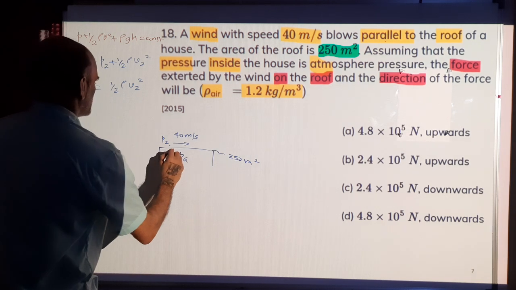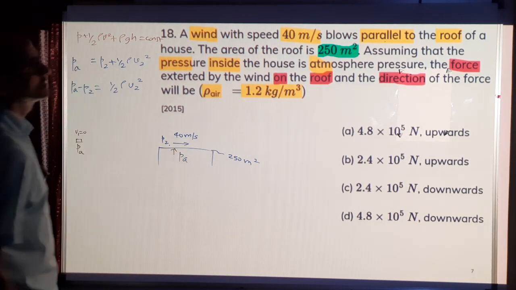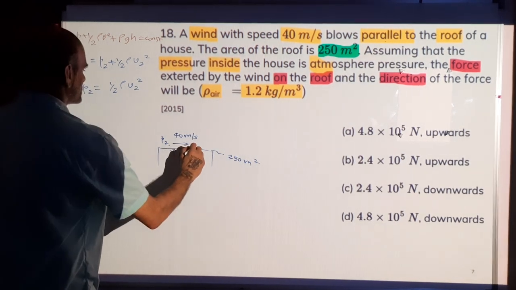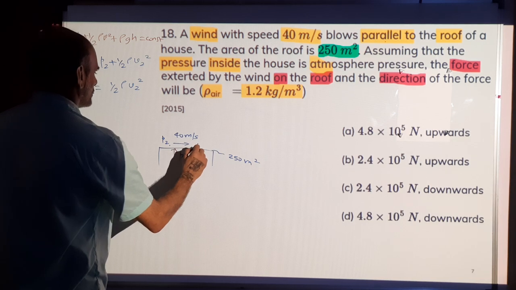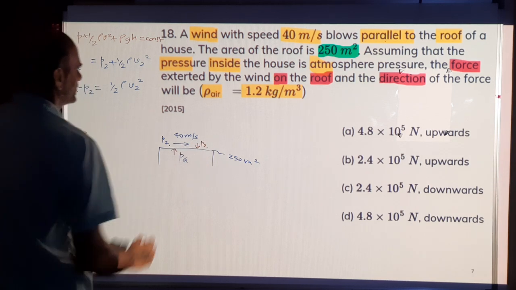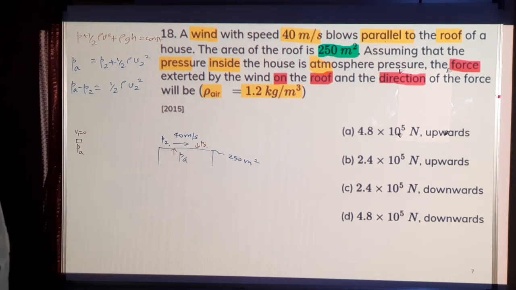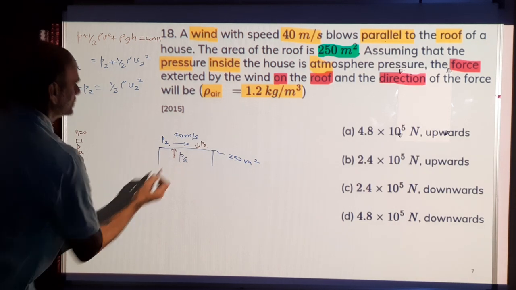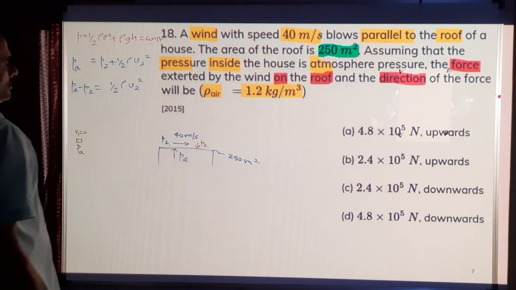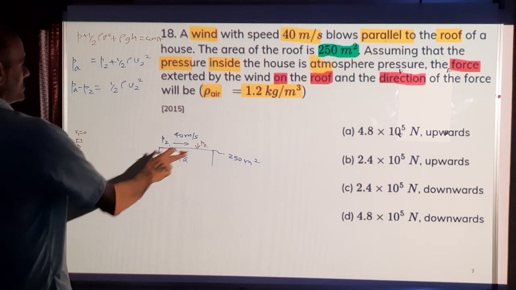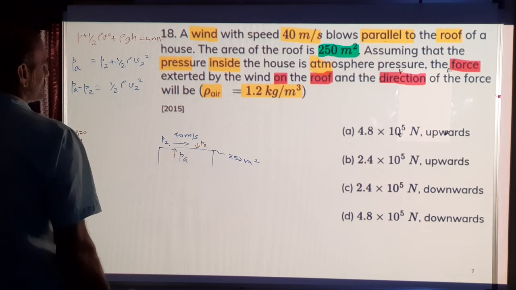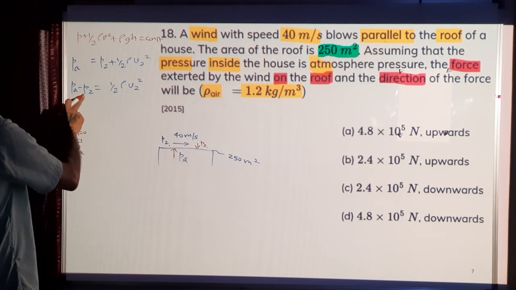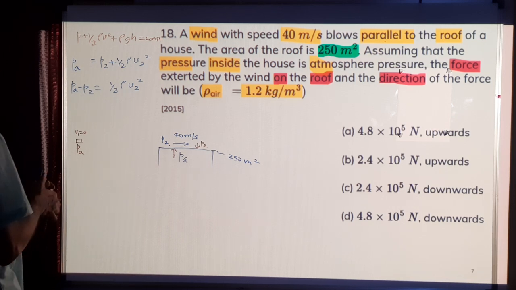For this roof, inside there is atmospheric pressure, it's given in the question. Outside there is this pressure P2, which is less than PA. So there will be a net upward force. This pressure is more compared to P2. So the force on this roof is PA minus P2 into the area of the roof. PA minus P2 is this much. So force on the roof will be this pressure force